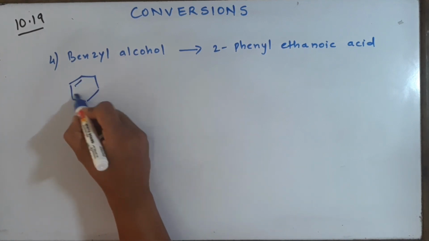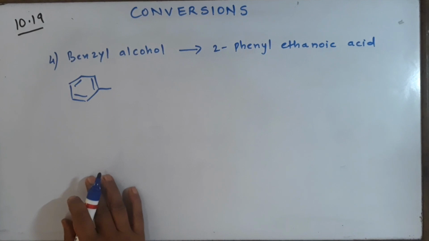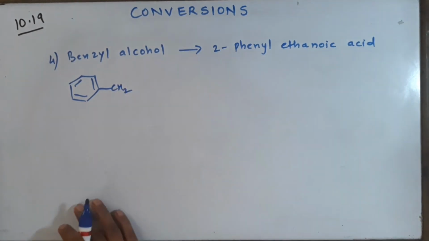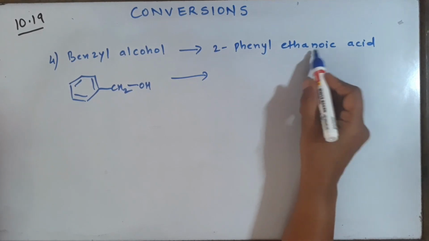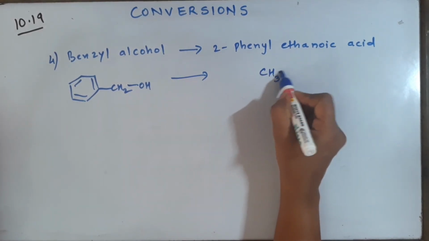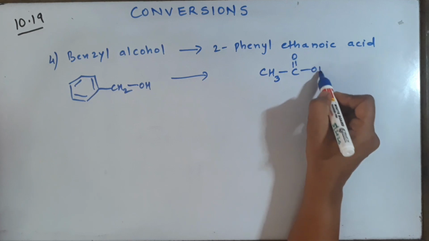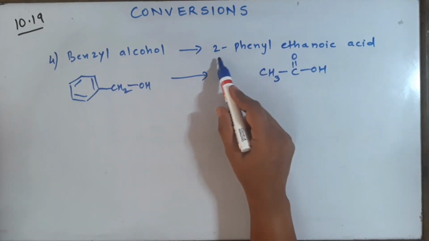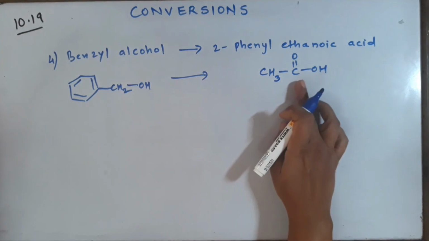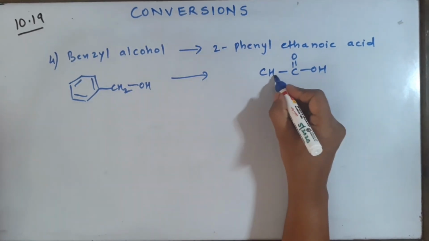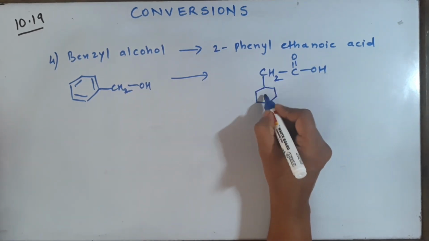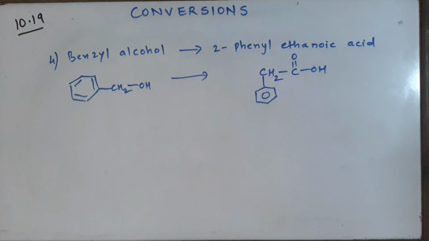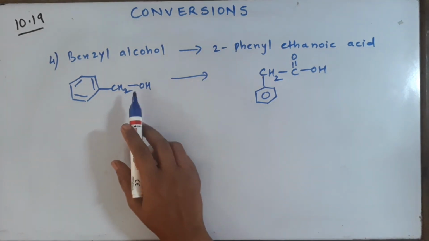So we will draw this first. Benzyl, everyone should know this is phenyl. What I have drawn is phenyl. What I have drawn right now is benzyl, and now it is the alcohol. Let's draw this. Ethanoic acid is the parent compound, so I will draw ethanoic acid first, but it is substituted at position number 2. 1, 2. Let's remove one hydrogen, and what is substituted there? It's phenyl. What is phenyl? C6H5. So this is what we are expected to form from this compound.